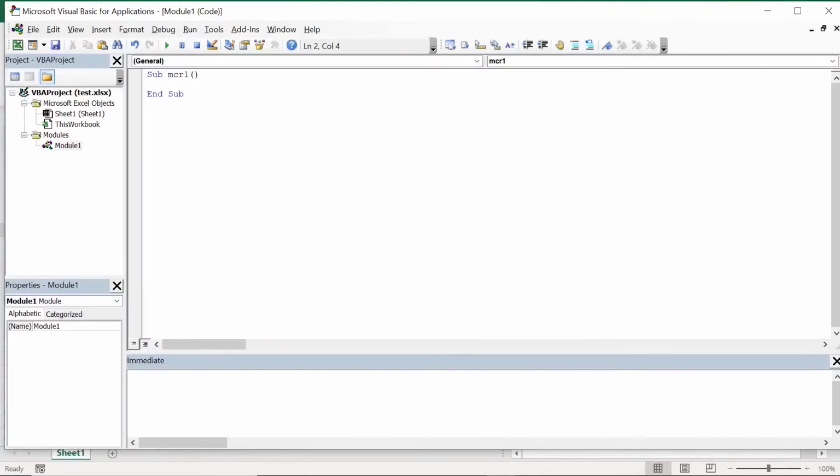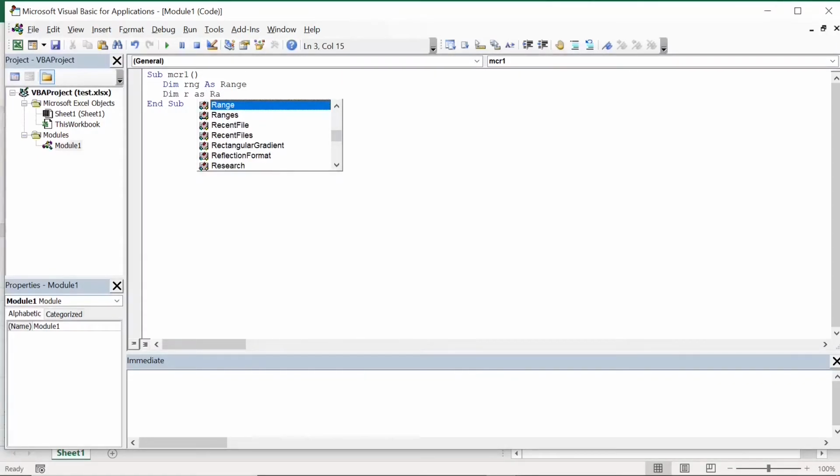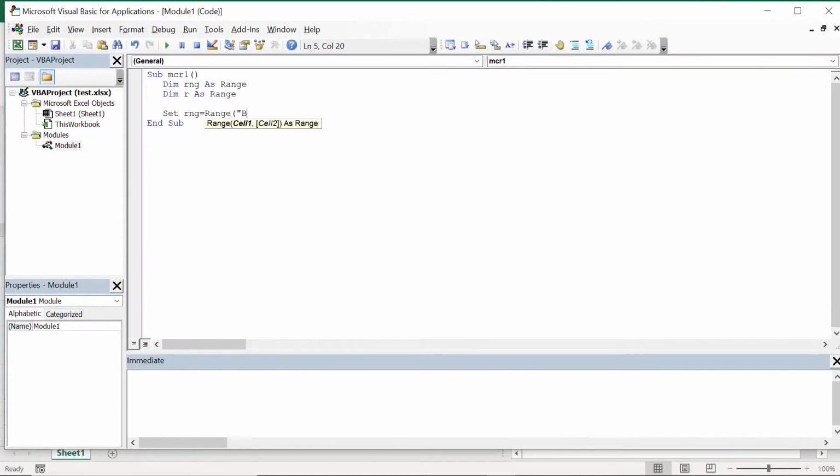Here we'll write the code. Dim RNG as Range. Set RNG equal to the sales range, from B2 to B13. So Range B2 to B13. Now For Each cell in RNG,